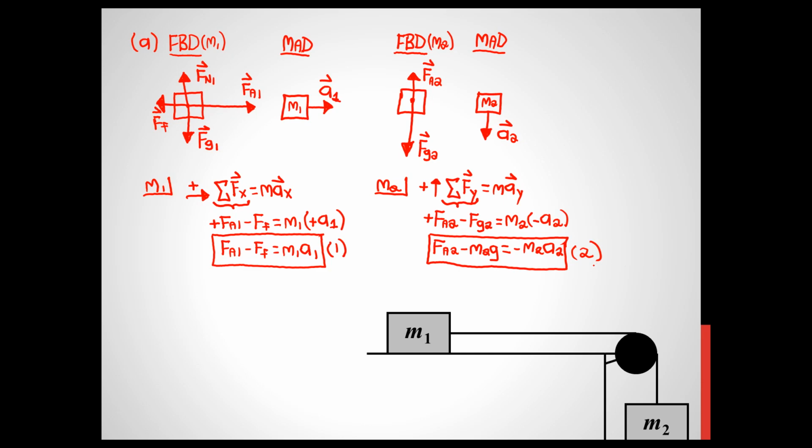Okay, so we have two equations, but we seem to have a really big problem right now. It seems like at the moment we have two equations and 4 variables that are unknown. We don't know FA1, we don't know FA2, we don't know A1, and we don't know what A2 is. But we can actually simplify, combine some of these variables because M1 and M2 are connected by the same rope. So I'm going to say this: since M1 and M2 are connected by the same rope,